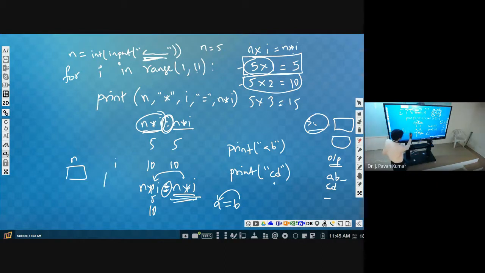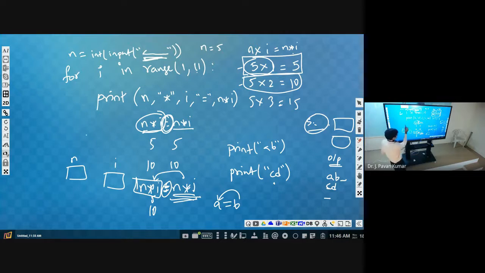I means there is some memory, some existence. N into I means that is a value. We don't have memory allocated for it. So whatever value is computed here cannot be assigned to this one. Why? Because this is not one entity. N into I is not one entity, so it will give you an error.